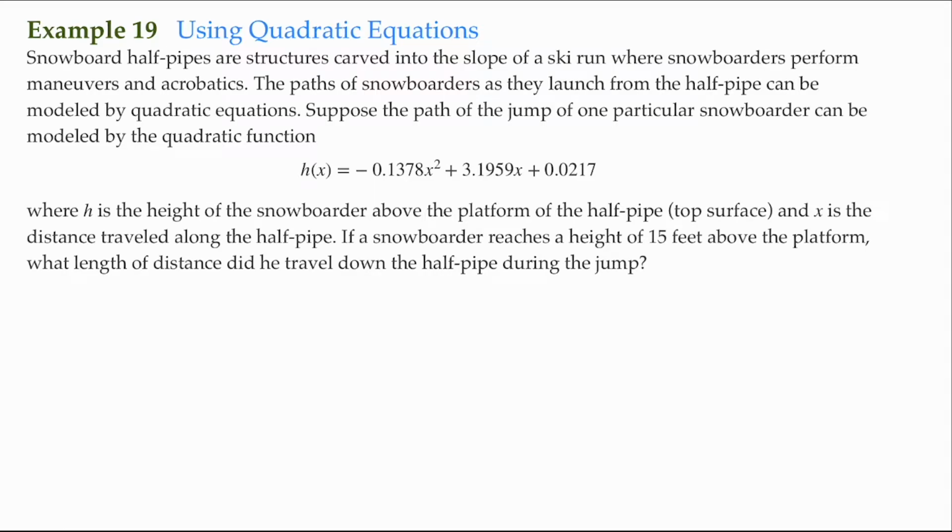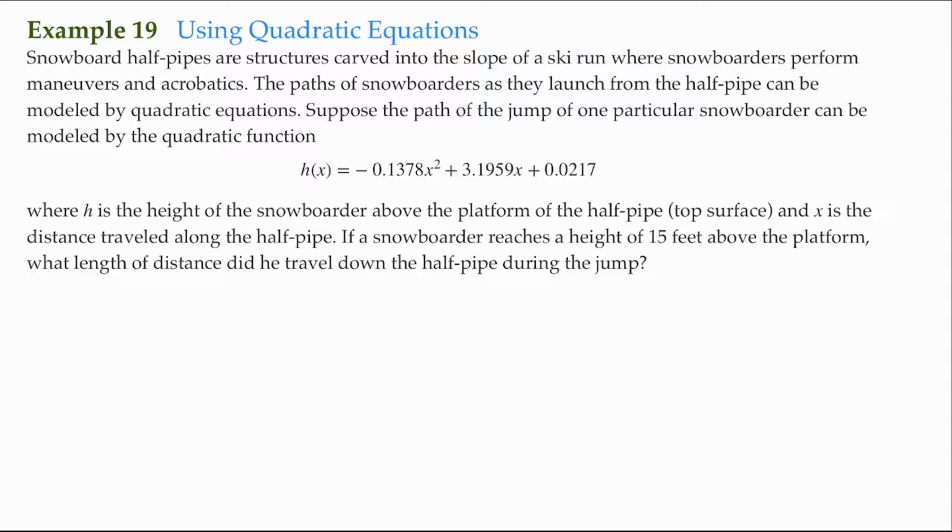So we continue using quadratic equations. We have another word problem here. And this one says, snowboard half pipes are structures carved into the slope of a ski run where snowboarders perform maneuvers and acrobatics. The paths of the snowboarders as they launch from the half pipe can be modeled by quadratic